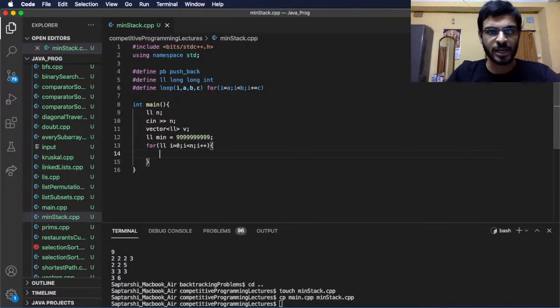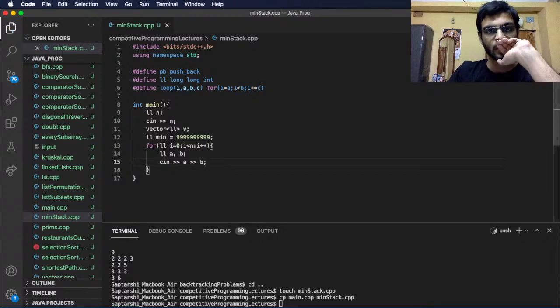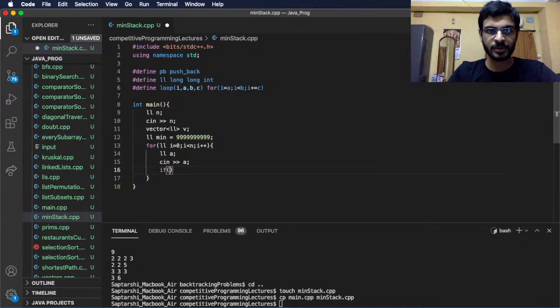So as we proceed, we'll be taking two integers a and b. Or suppose we'll take one integer, and then if a equals 0, that means